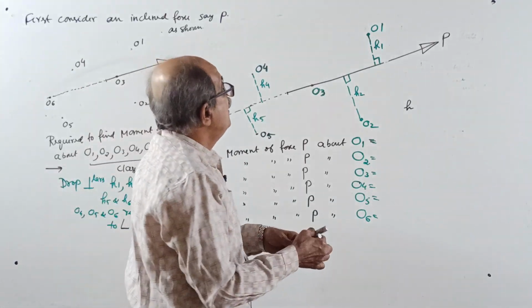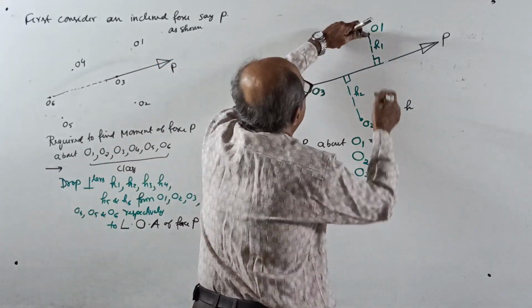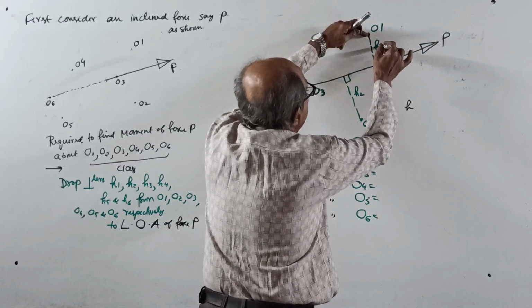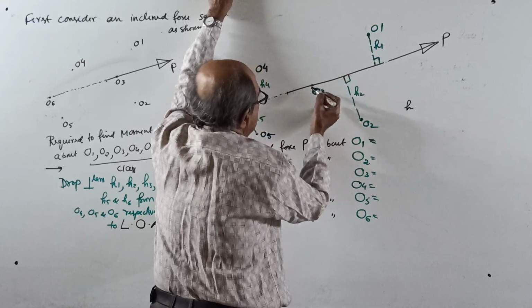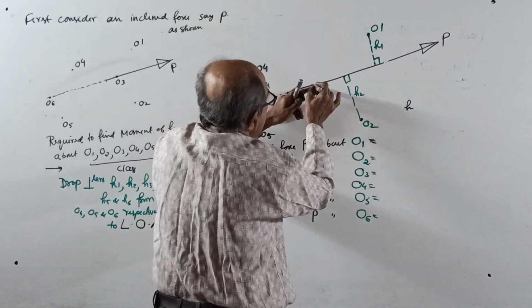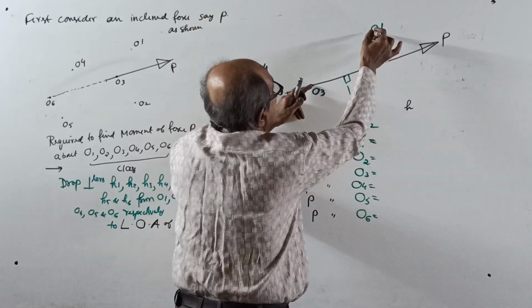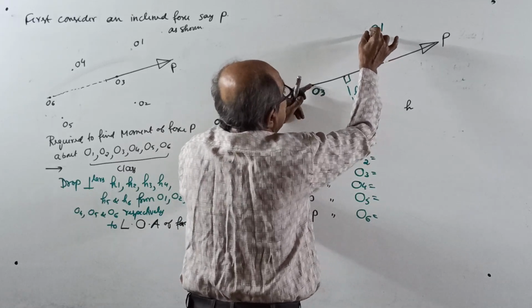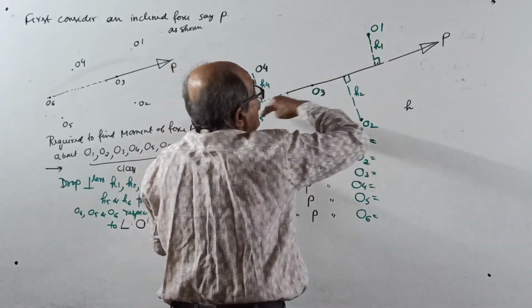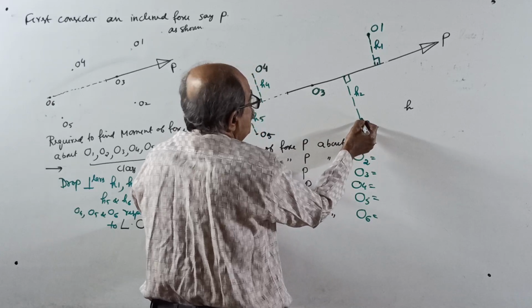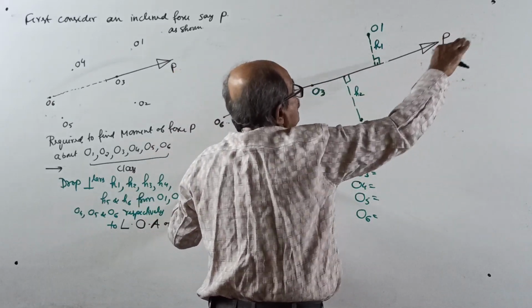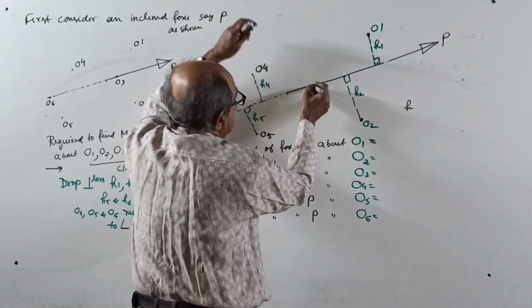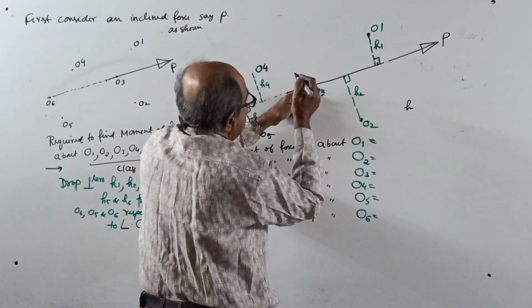From the point O1, draw perpendicular H1 to the line of action of the force. From the point O2, drop perpendicular H2 to the line of action of the force. From the point O3, drop perpendicular H3,